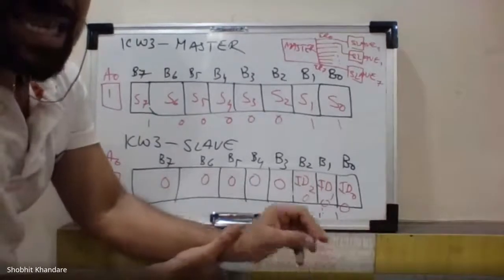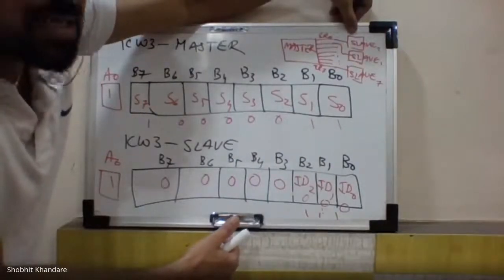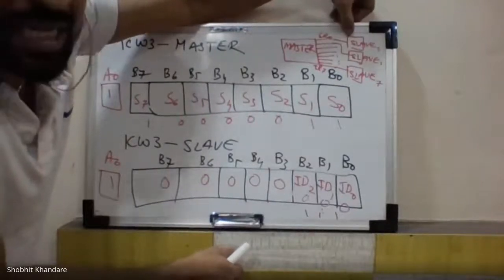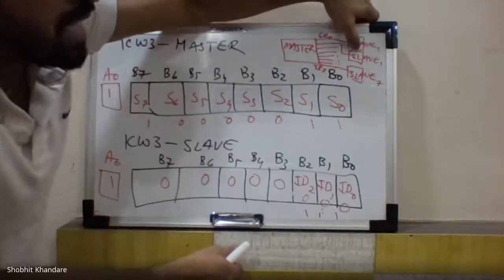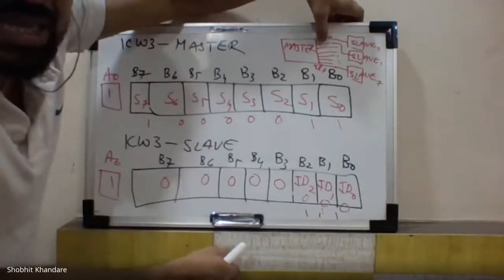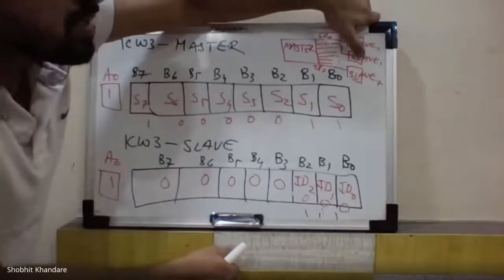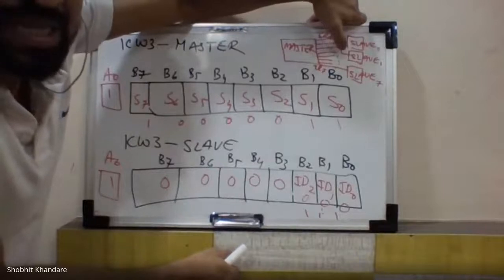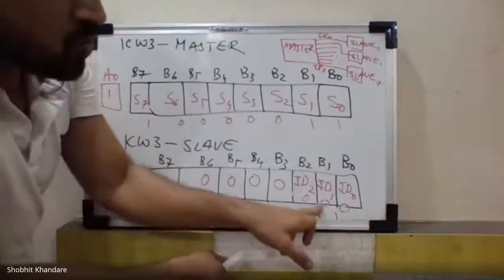So can I say whatever is connected at IR0, that slave ID number is 000. Or in short, the slave ID of the slave connected at IR0 is 0. If I ask you the slave ID number for the slave connected at IR1, you will say slave ID number 1. If I ask you the slave ID number connected to IR3, you will say slave ID 3. And how is that 3 generated? 0, 1, 1.